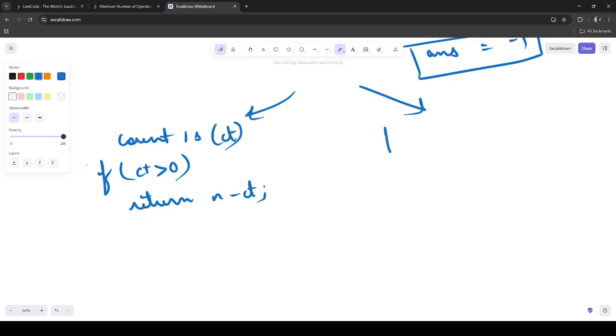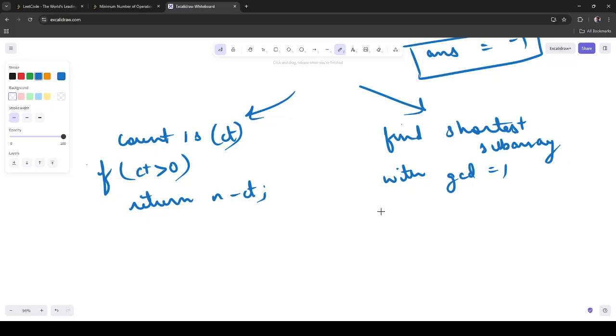Otherwise, what we will do is find the shortest subarray with GCD equals 1. Let's say this is k. So if k equals 0, return -1, else return